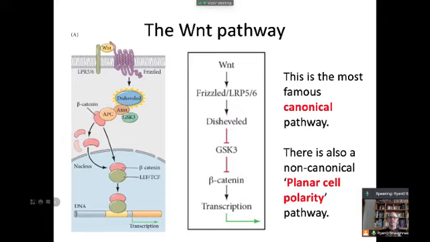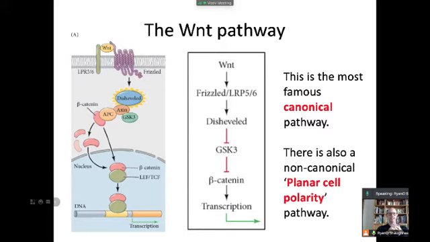This activates Dishevelled, which inhibits GSK3 beta, which prevents the degradation of beta-catenin, and then beta-catenin can enter the nucleus, and with its co-transcription factors LEF, TCF can activate transcription. This is the most famous canonical pathway,